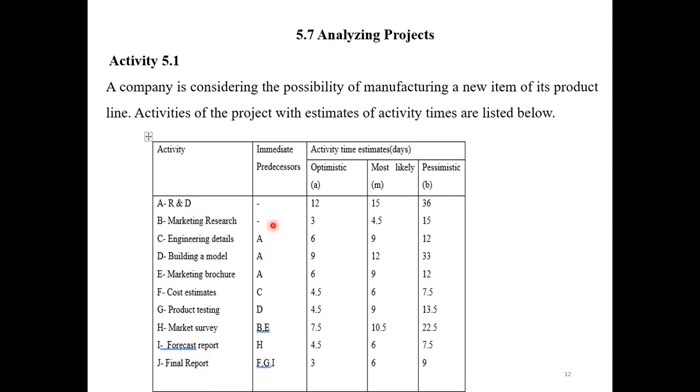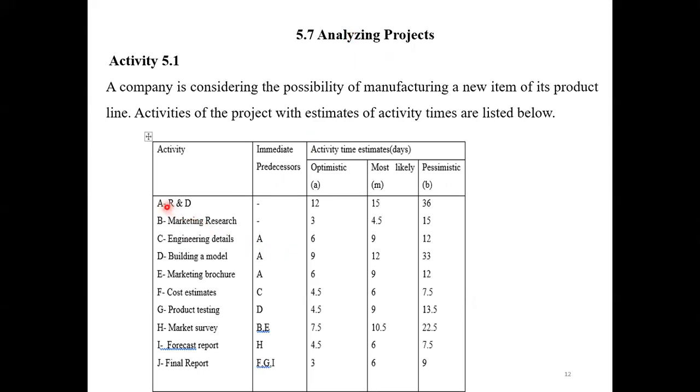What is the immediate predecessor? This is an important point. What is the immediate predecessor? Before what activity finishes, what starts? That means what is the immediate preceding activity? What is the succeeding activity? So here we have to focus only on the immediate predecessor. If we know the immediate predecessor only, we will come to know what the succeeders are.